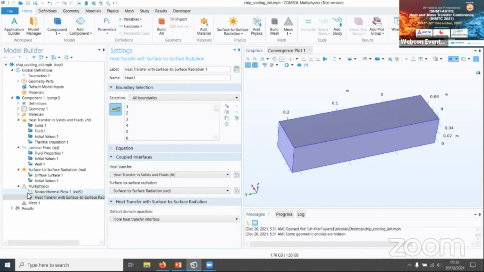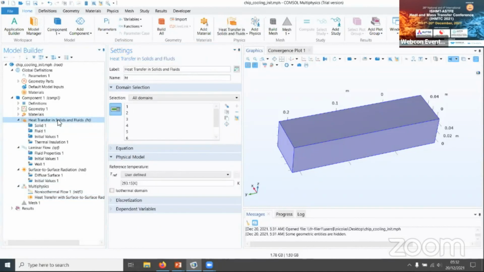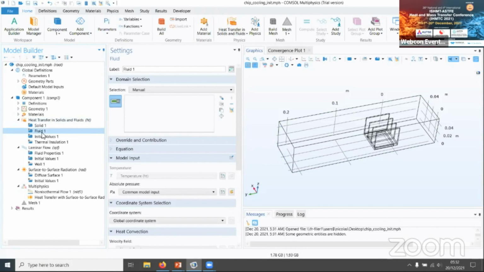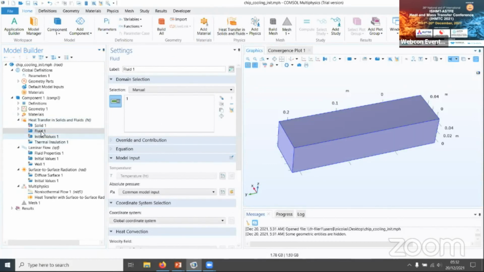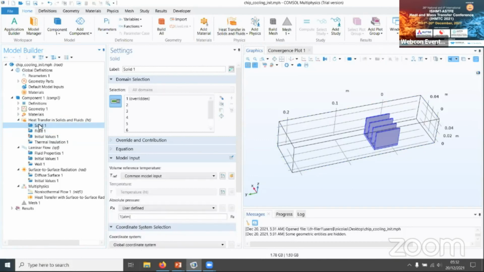So now to proceed, I can select any node, and for example, if I want to enrich the heat transfer model, I can select the node and define the property. For example, by default, there is no fluid defined, so I can pick the air channel and just say that this is air. So now I have solid there.